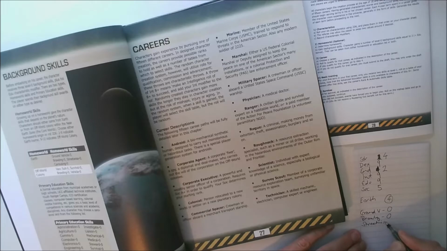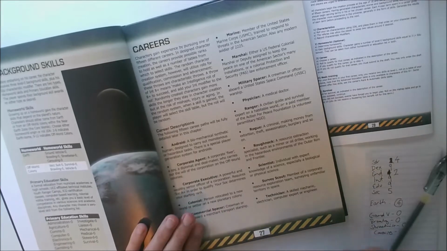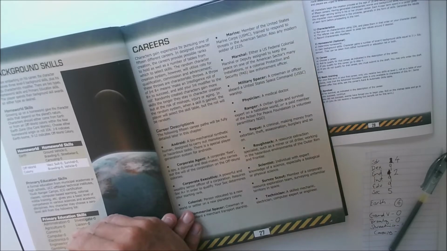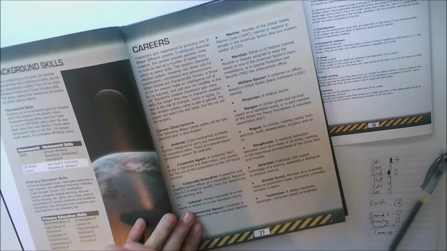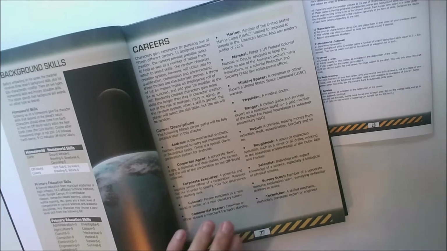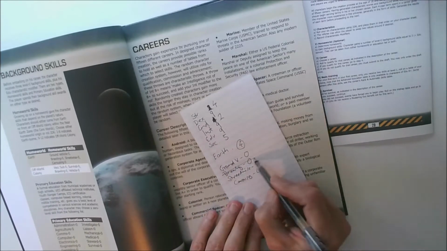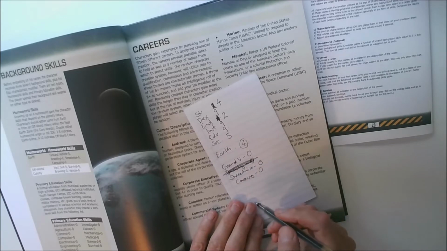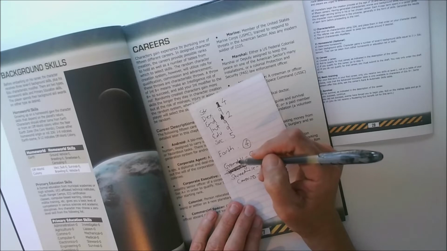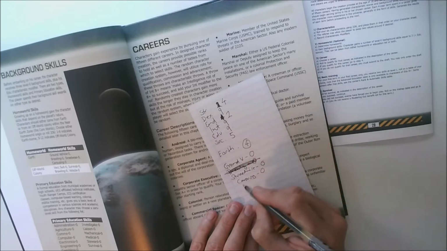Streetwise 0, and carousing 0. But there are also primary education skills, and we can choose from those as well. So actually, I think I might make a change there then. At the brawling, let's get rid of that. We don't like that, and because he's a clever guy, physically weak, we'll swap that for computer